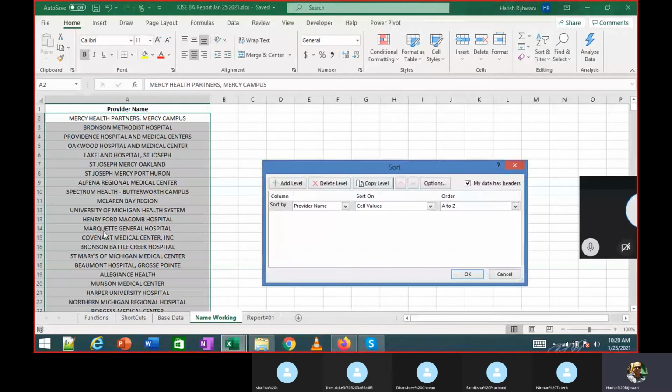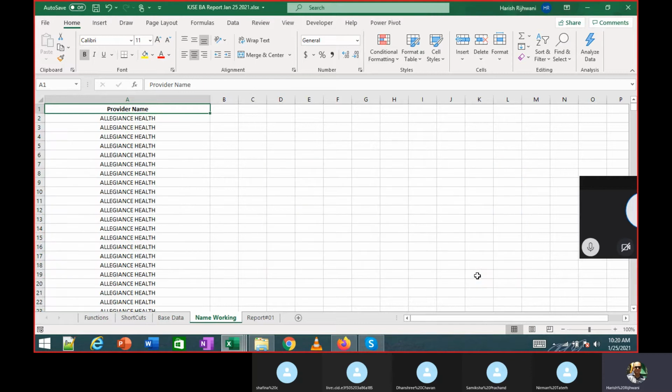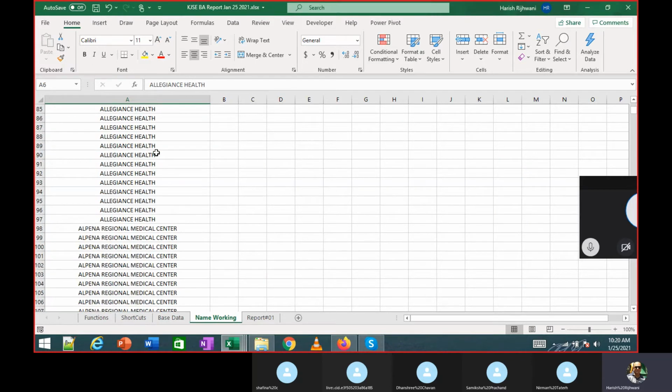So when I do this Alt DS, I get this pop-up. My data has headers. If there is no header, it will include provider name also, but I know my data has a header. I am selecting only provider name. Sort on the cells A to Z, and I click OK. And I see so many records of Allegiance Health.